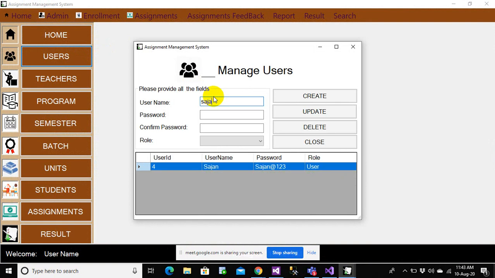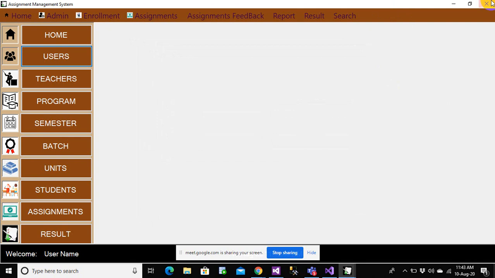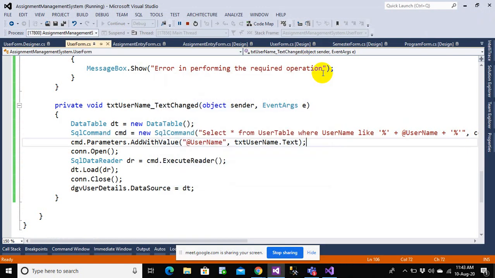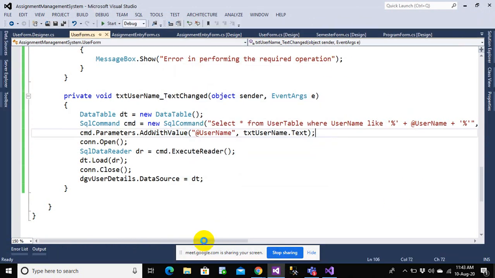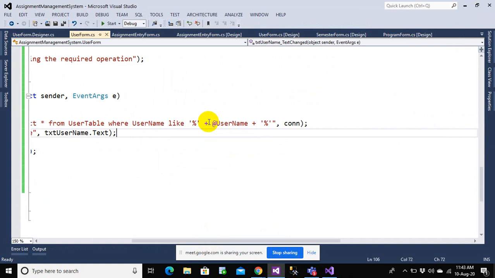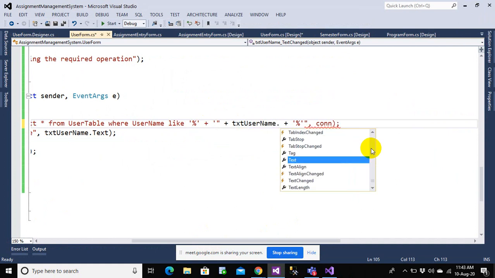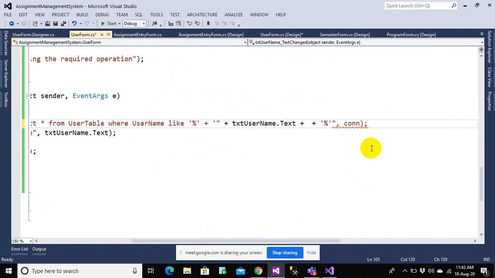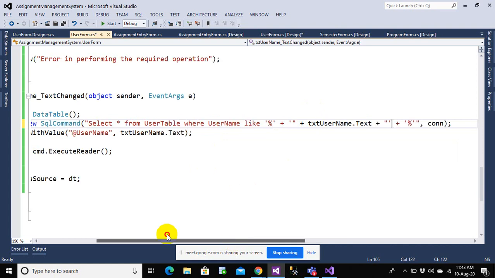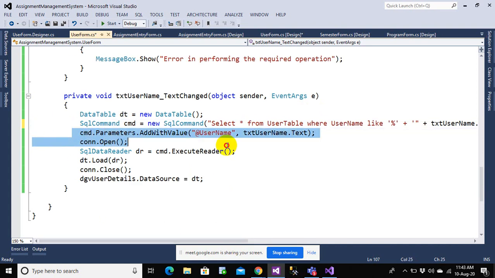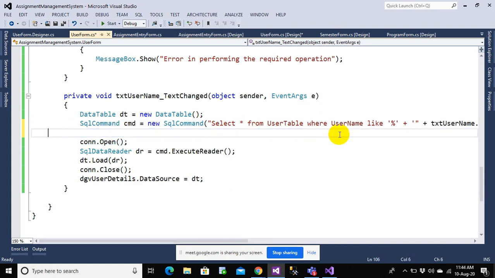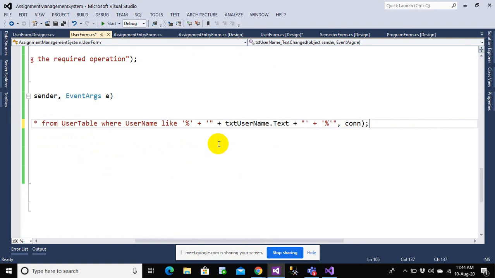Let's say I just want to select Sazi Ram. Okay, this really worked. So let me change this to our traditional form. Instead of this, let me have this plus txt.Text plus. For this one, okay, this should work. Even this should work, and let me remove this one. I do not need this line here anymore. Actually, this was the code.